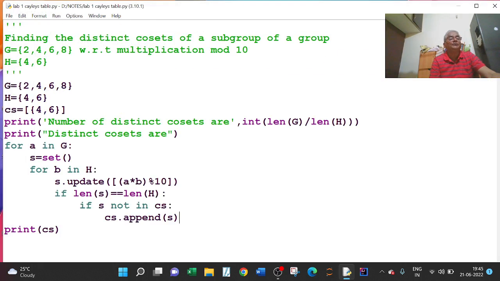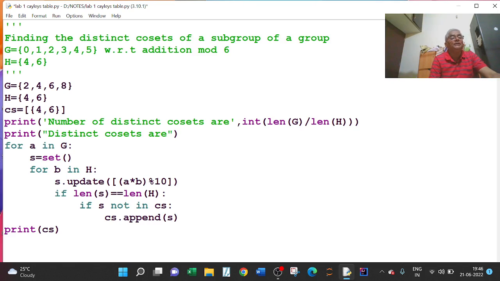I will take G equal to 0, 1, 2, 3, 4, 5 with respect to addition modulo 6. This is a group with respect to addition modulo 6.